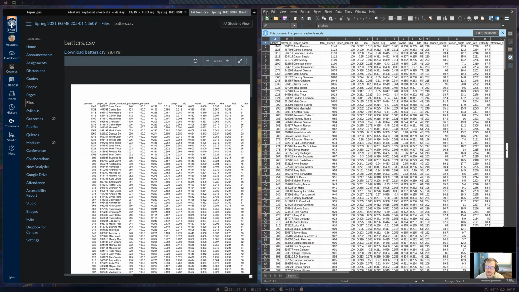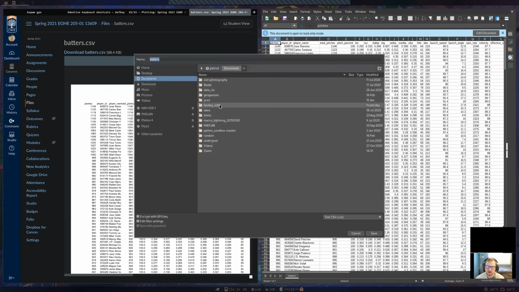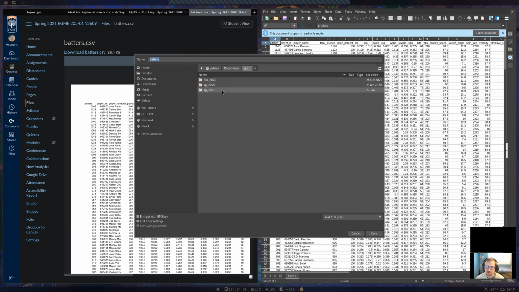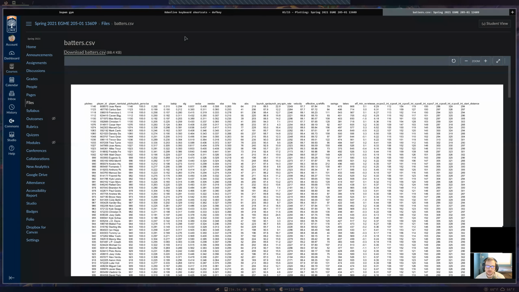So if you opened it up in some program, that's okay. Just go to save as, and then you'll save it again wherever you want to have this file. Okay, so if anyone has any issues with this, hopefully you can work on it now, but if you don't have time, you can ask me for help after class too.